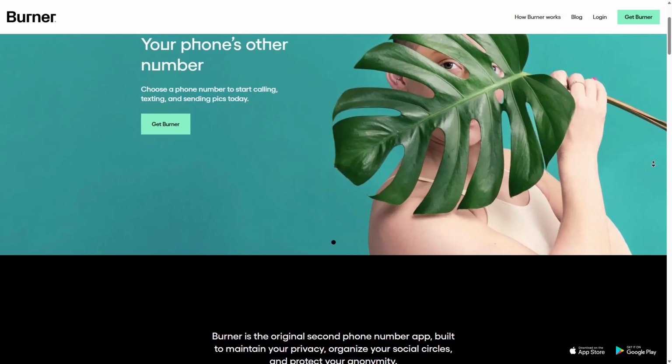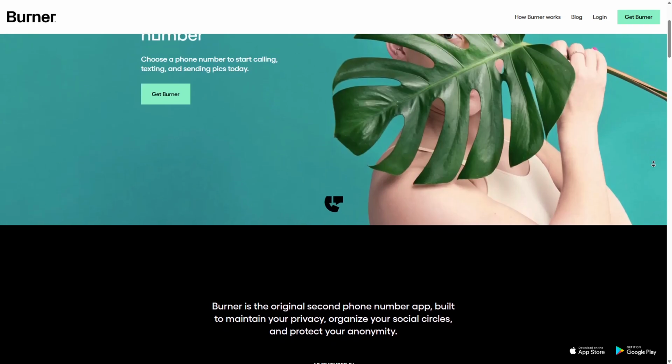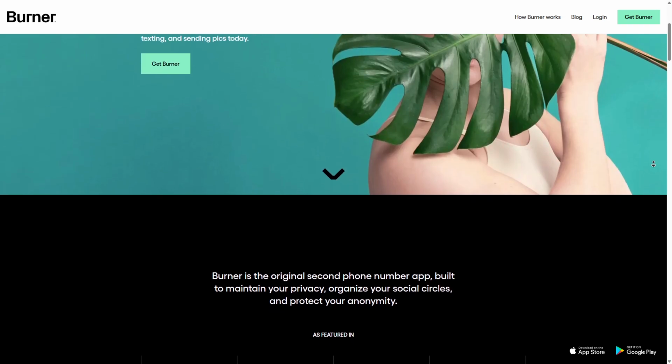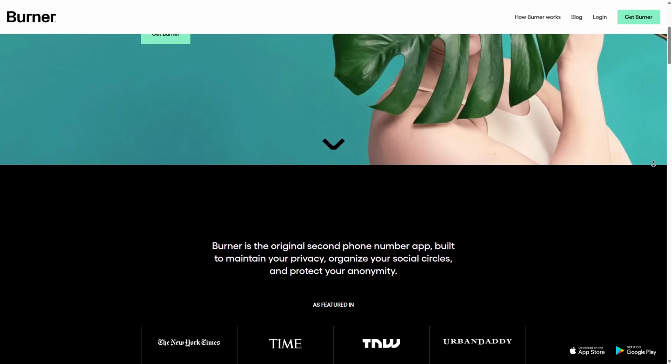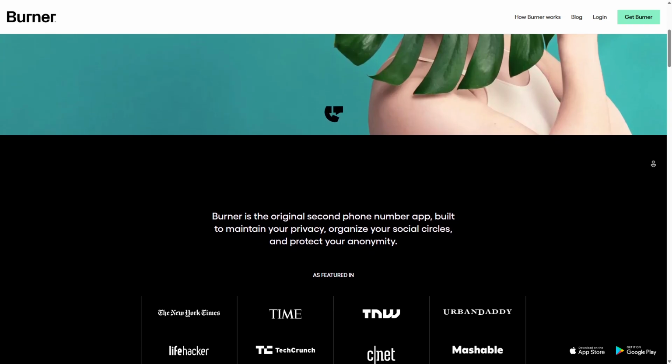Getting started with Burner is simple. Once you download the app, you can create a new number, which acts as a secondary line on your phone. You can choose the area code, set the number's duration, and even select from different plans depending on how long you need it active. The app lets you make calls and send texts from your Burner number, just like a